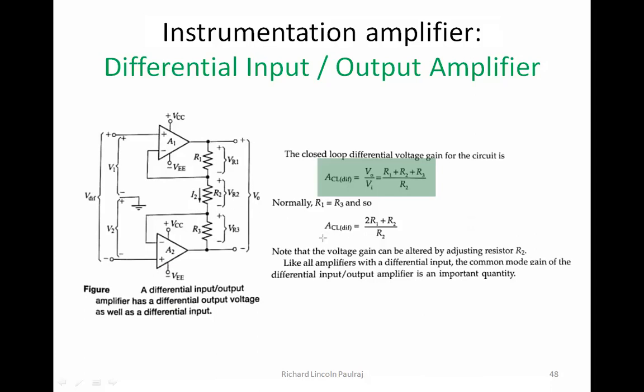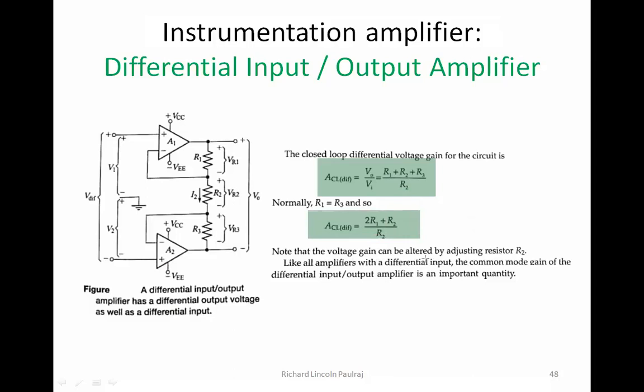So what I'm trying to say here is, I'm going to make them as identical as possible. Okay, so my gain is going to change here, right? Because R1 is equal to R3. So if I substitute R1 and R3 here, it becomes 2 times R1 plus R2. Either I can make it 2 times R3 or 2 times R1, but I want to bring it in the form of R1 and R2 to make it simpler, right? So this is going to be my final form now.